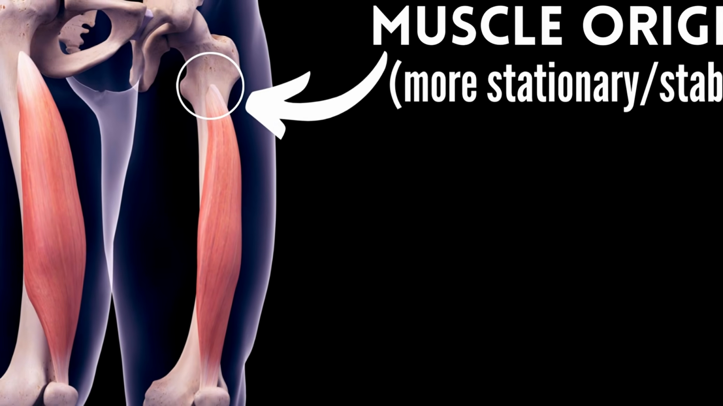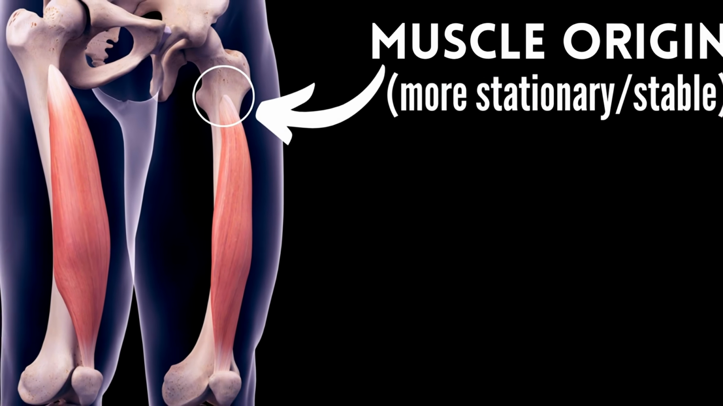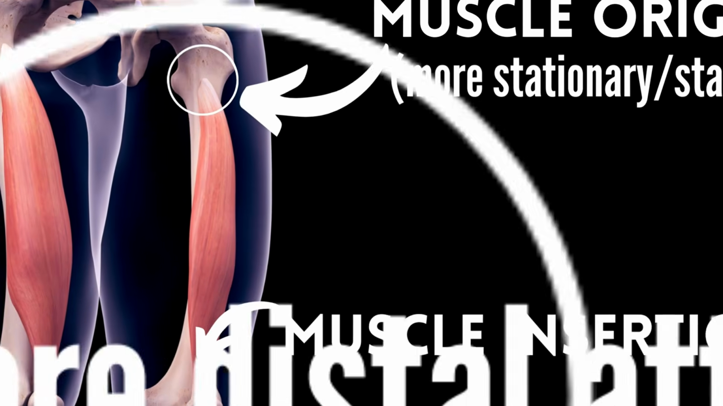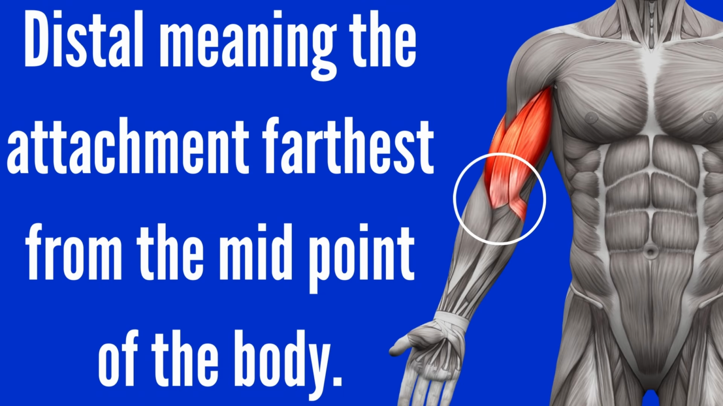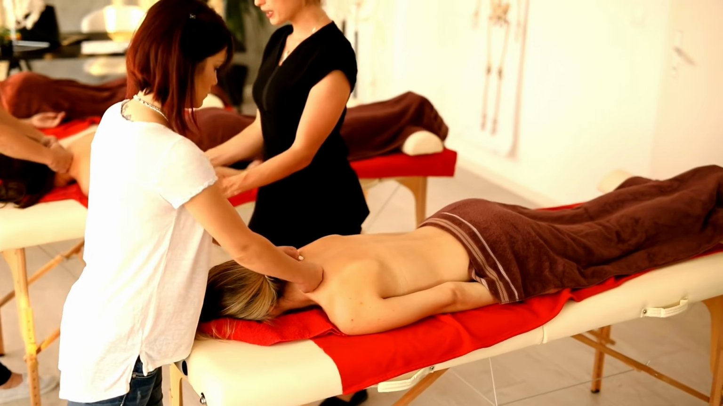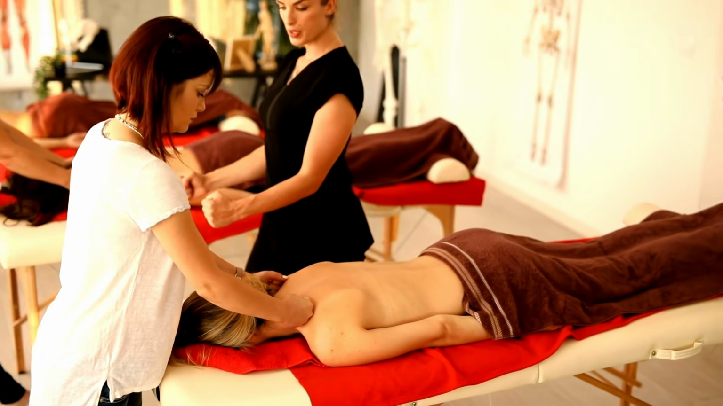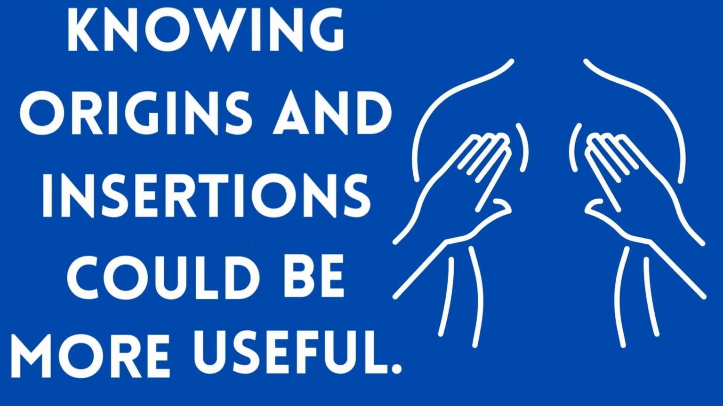We won't be talking origins and insertions today. The origin of a muscle is the end of the muscle that is more stationary or stable. A muscle insertion is the exact opposite side of a muscle. It's going to be the muscle's distal attachment, distal meaning the attachment farthest away from the midpoint of the body. If you're a personal trainer, you don't need to know muscle origins and insertions. If you're a massage therapist, you still don't really need to have that information memorized, but knowing origins and insertions